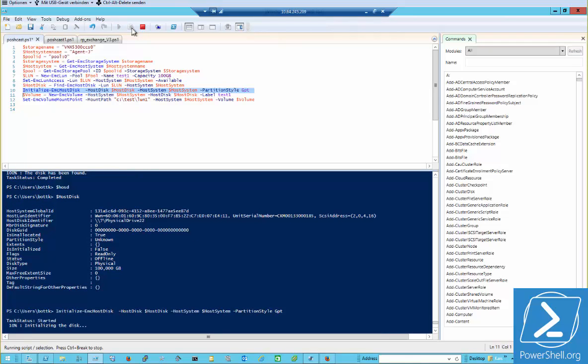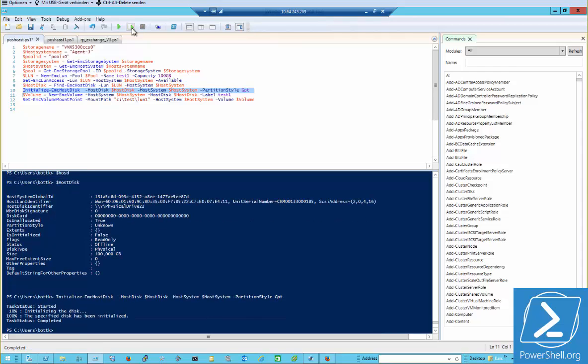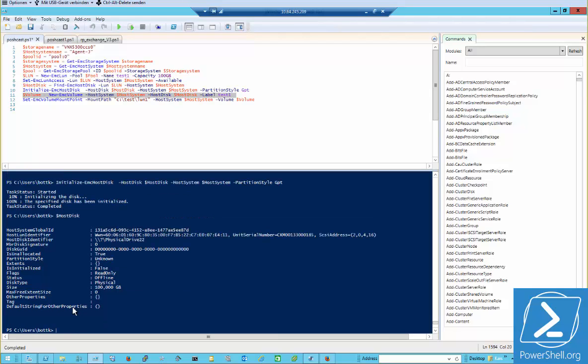So we do Initialize-EMCHostDisk with a partition style of GPT. And it's doing everything for us, and then we just build a new volume. It would be funny to see what $hostdisk will show us. It still says offline because it has not refreshed that information, but if we do it again, it will be completely different. So now we do a New-EMCVolume, which creates a new volume, formats the drive,